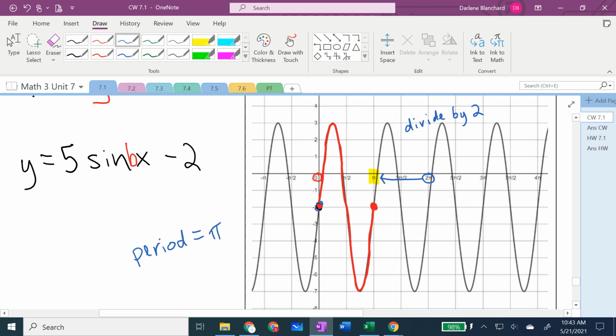Now, the inside operations are always tricky because they're the opposite. They're always the opposite operation of what you see going on. So there's multiple ways you can go about combating this problem. One of them is to think about, did I compress or did I stretch horizontally? If I compressed,